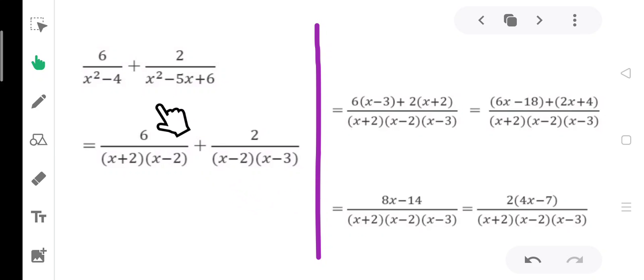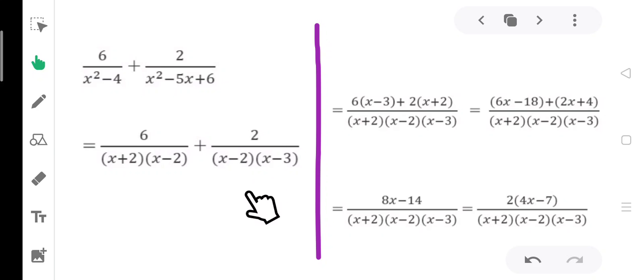And then for x squared minus 5x plus 6, we have the factors x minus 2 and x minus 3. Why? For x squared, we have x times x. And then for positive 6, we have negative 2 and negative 3. Since negative 2 times negative 3 is equal to 6, and when we combine negative 2 and negative 3, we get negative 5 as the coefficient in the middle term. So these are the correct factors.